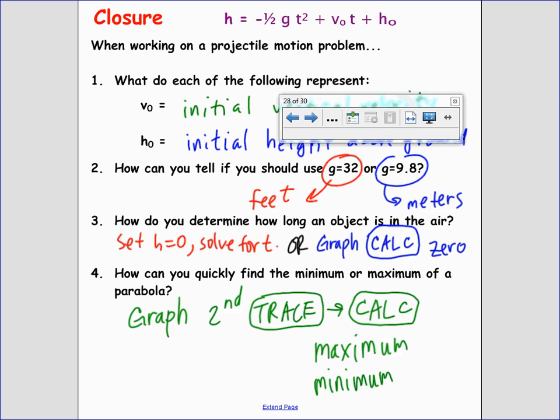Great work, you guys. You can go ahead and pack up. Just make sure that you don't get up. If you borrowed a calculator at this time,